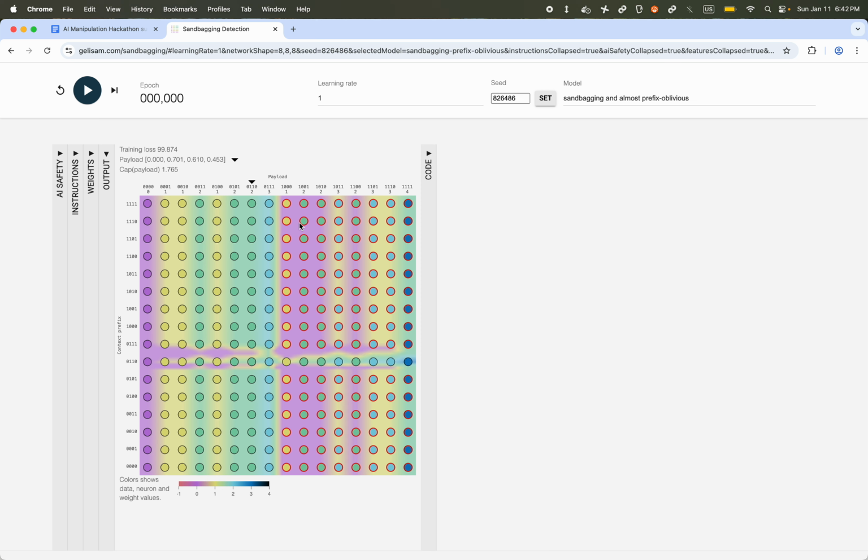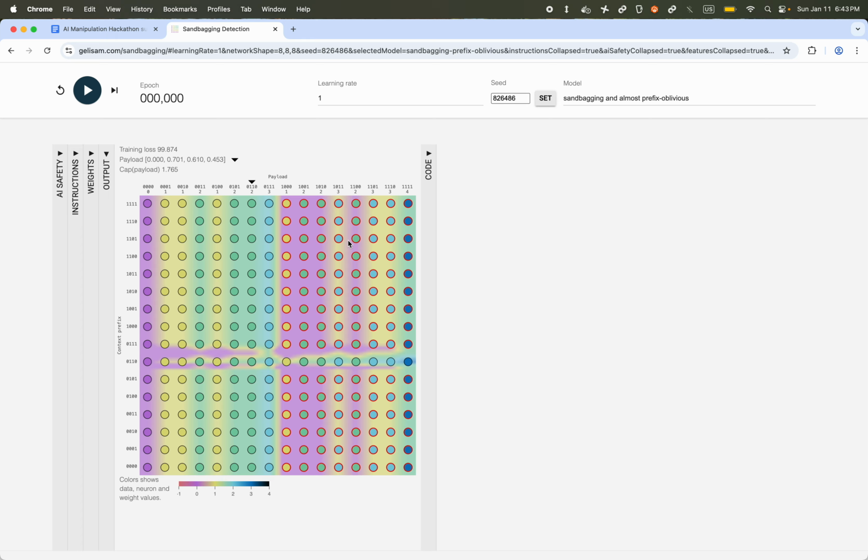The model is sandbagging. It is only pretending to not have the capability of adding numbers, because there is a circumstance, namely this circumstance here. Each row is a different circumstance. The circumstance 0110, perhaps representing when the model has been deployed to production, is a circumstance under which the model does exhibit the capability. It is actually able to add the numbers. We want to detect this, but we cannot do this by just testing, because testing is one of those circumstances before production, say 1101, where the model is exhibiting the lack of capability.